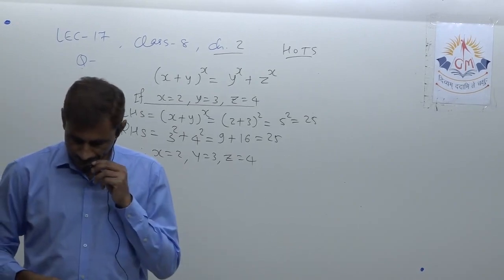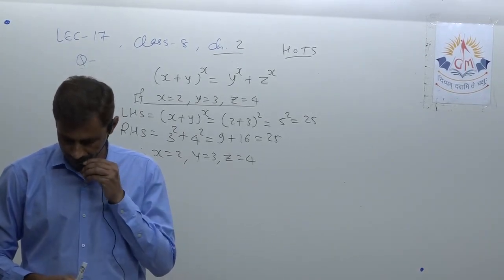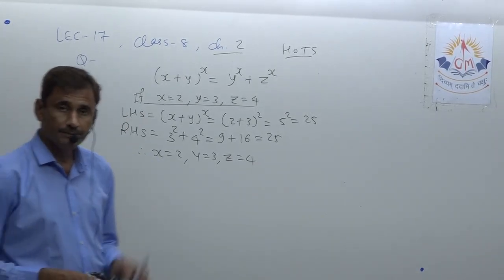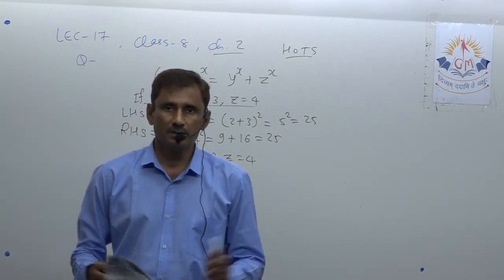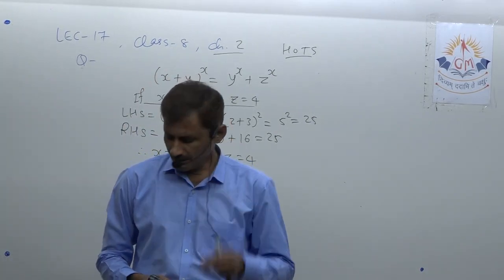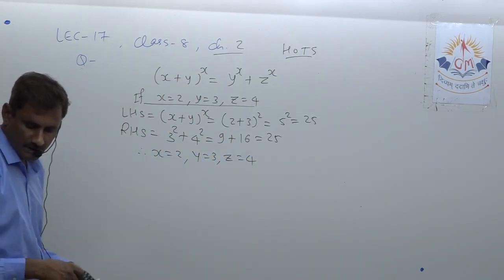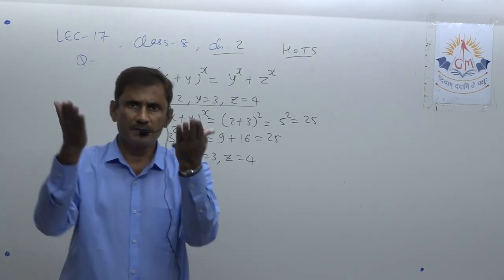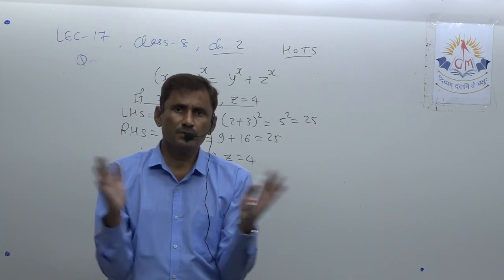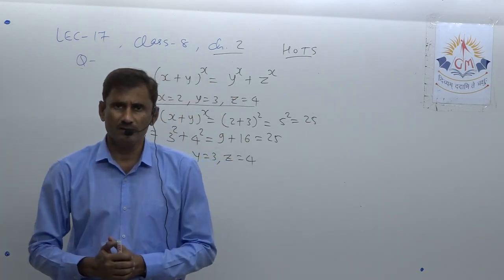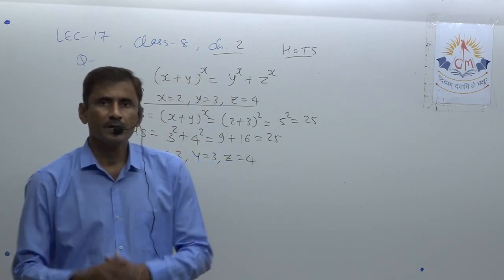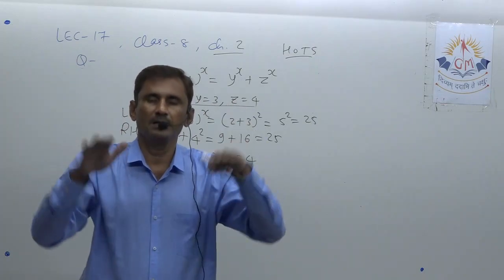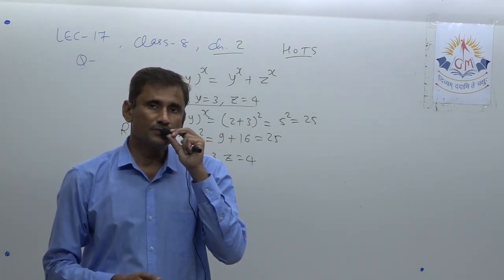Okay, now number 4. We have to prove here, meaning verify the given relation. So first of all, we should simplify the left hand side to see whether we obtain the right hand side or not. Sometimes we have to simplify both sides. Understood? So the proving or verifying step can be solved either from left to right, or sometimes only right to left, or just in parallel, where you simplify both sides.